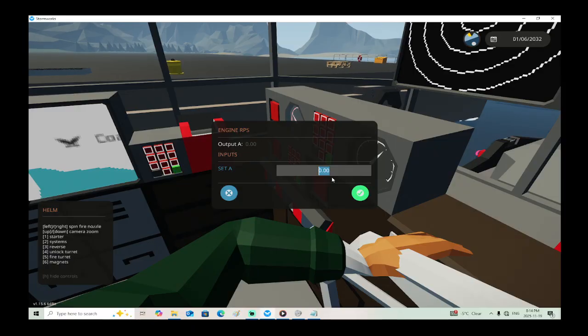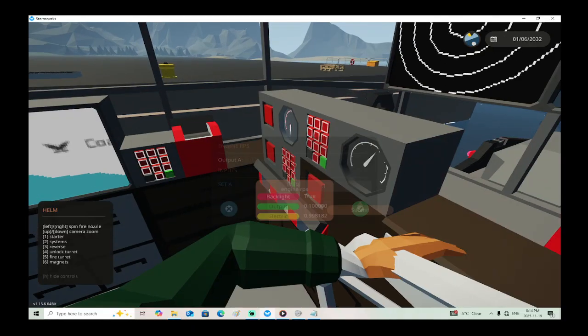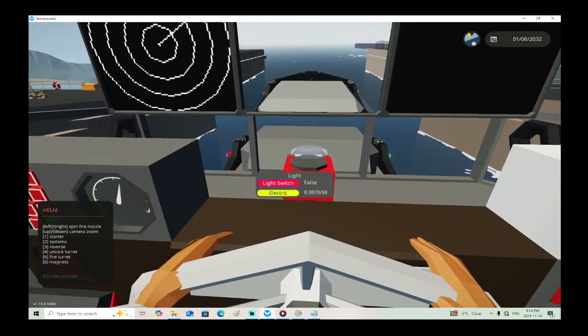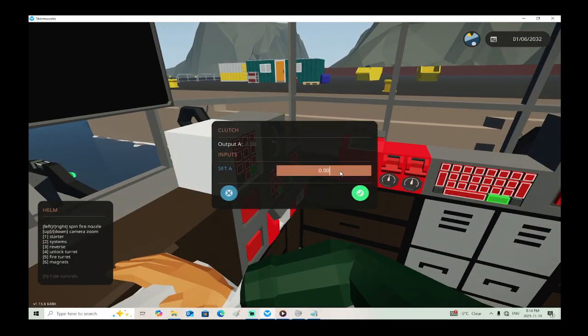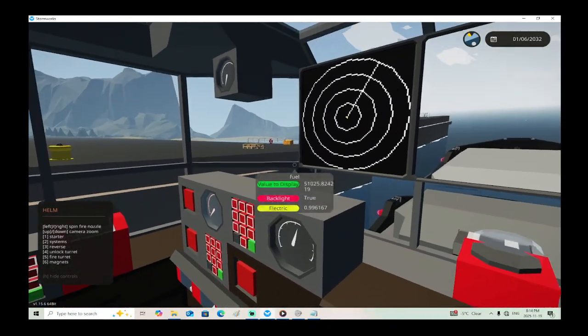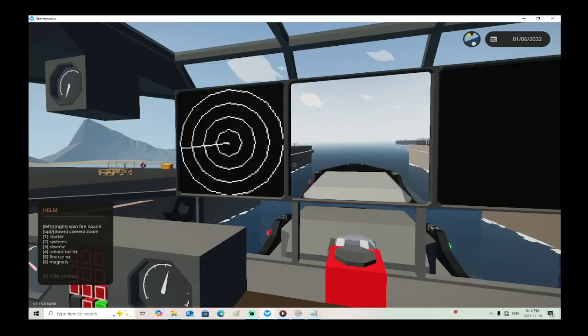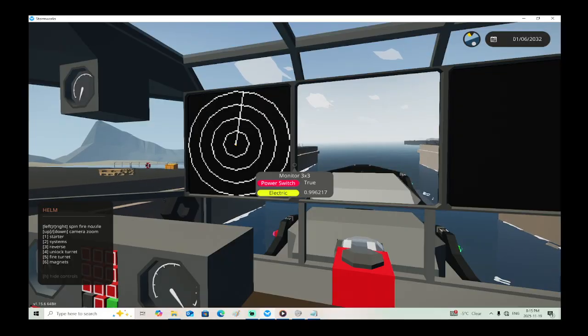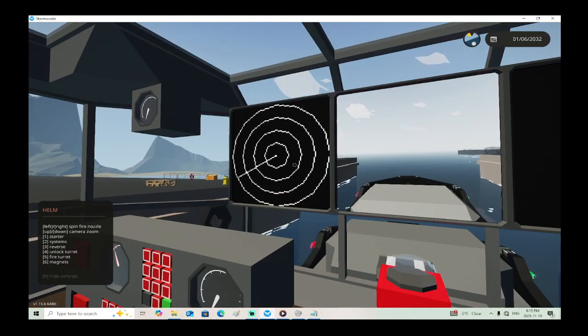The map, we'd have to make, yeah, that's going to be a difficult one. So I don't know whether medium range